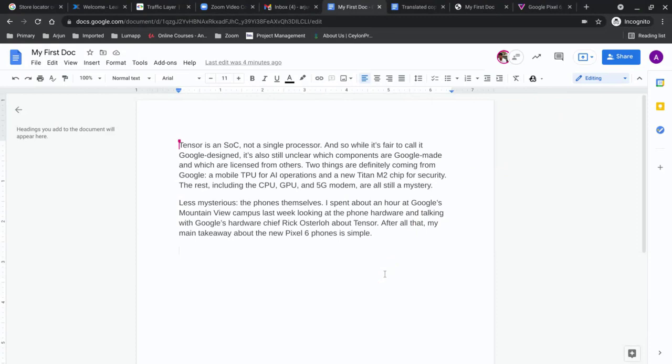So that's what Google Docs is, and the productivity features and all those necessary actions that you can take. And so let's look at